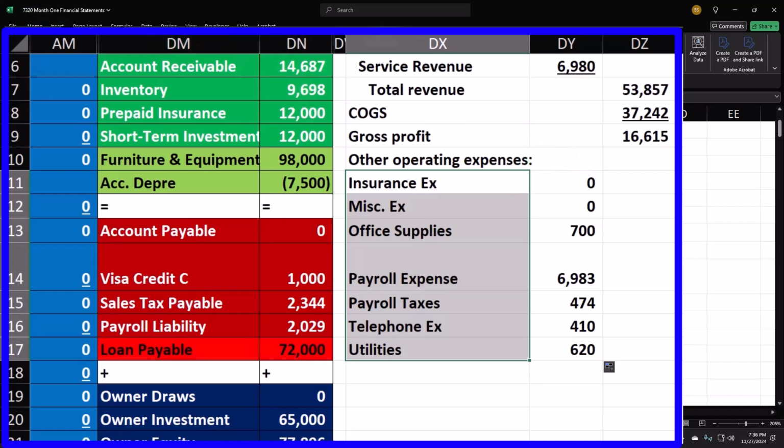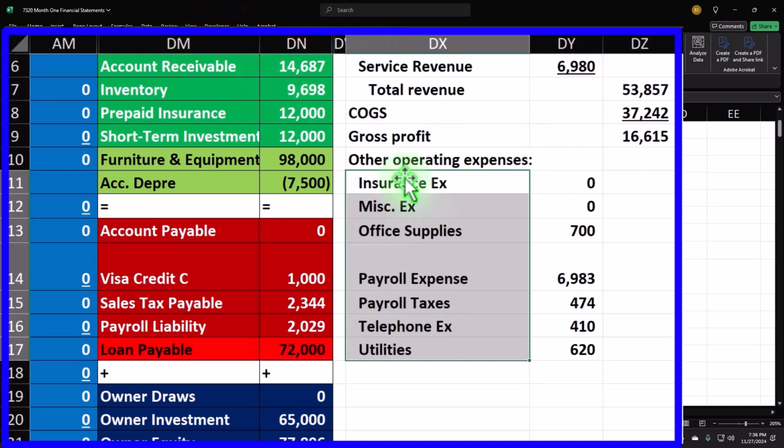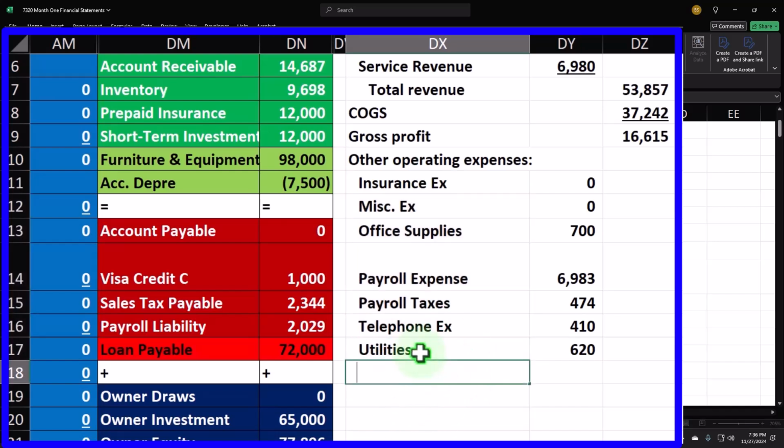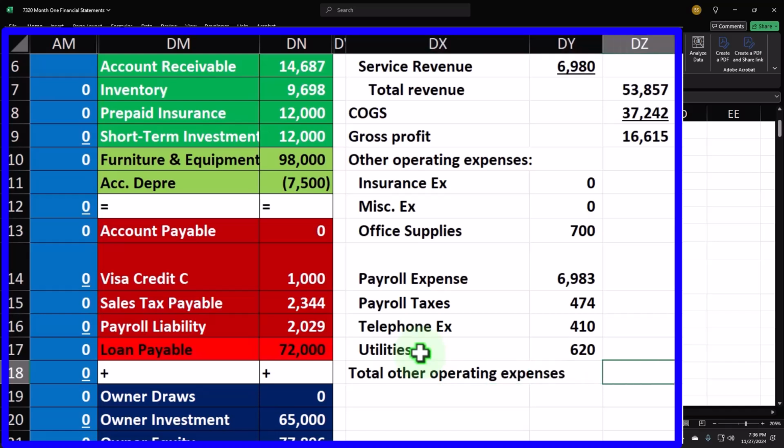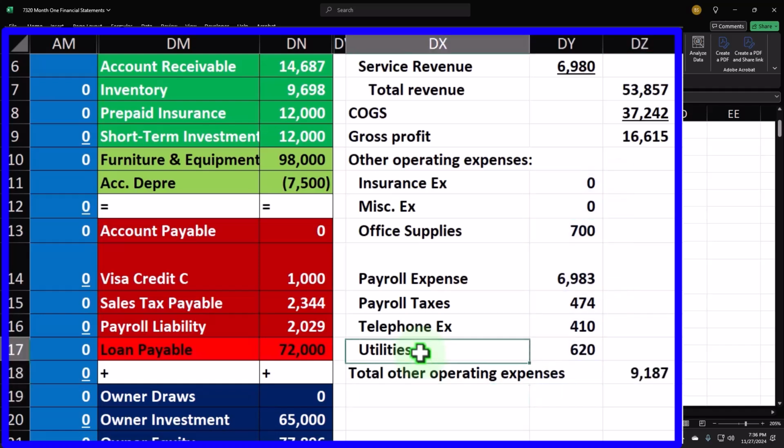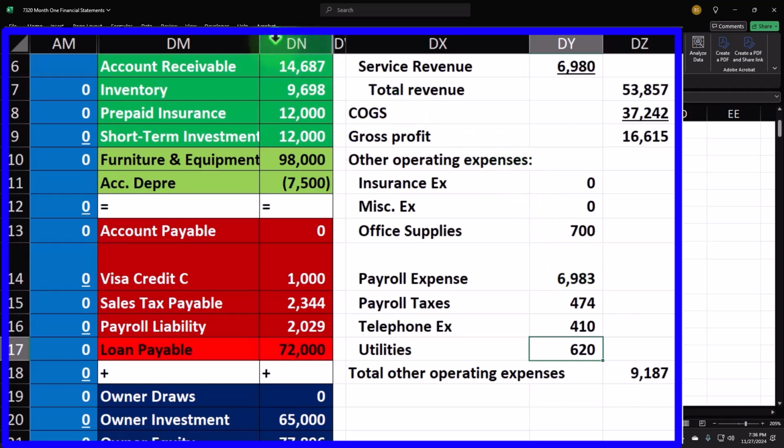Home tab, alignment, indent, and then we're going to have total other operating expenses. Putting this in the outer column, equals the sum of the outer column. We'll put an underline here for formatting's sake. And then,